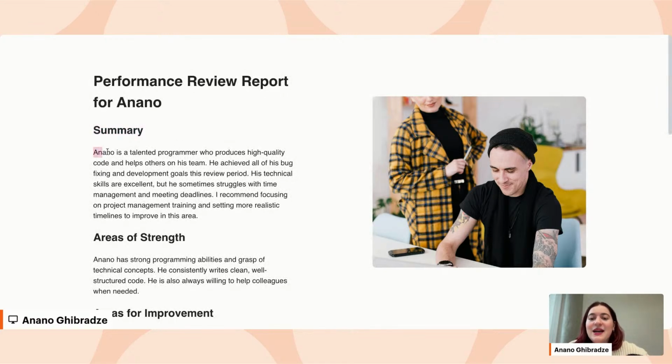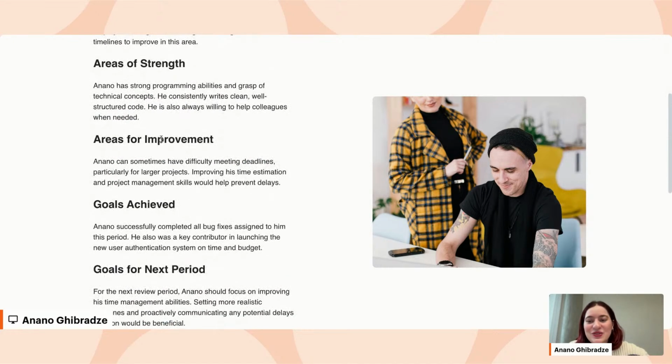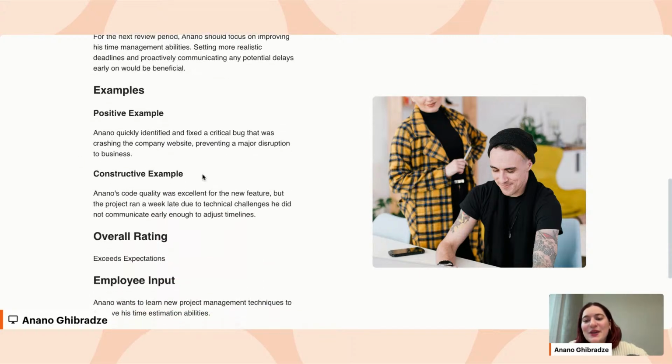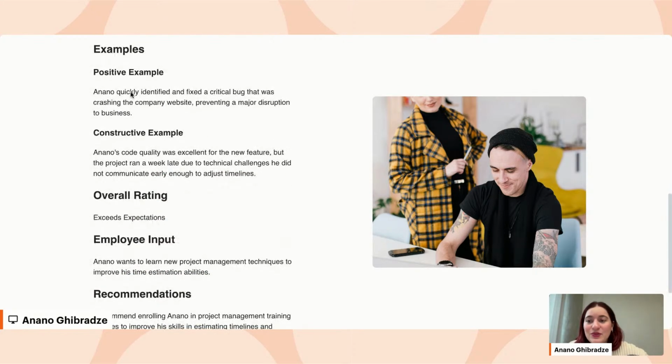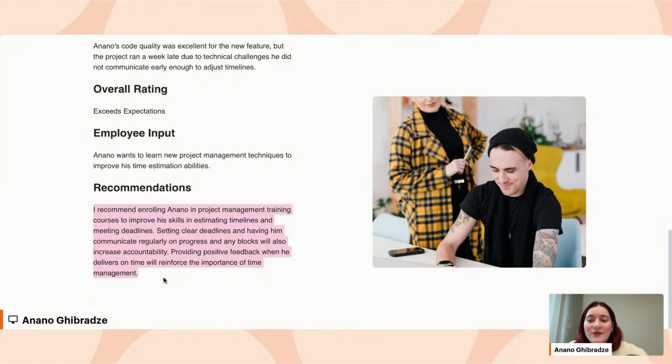So we're going to have the summary, that Anano is a tailored programmer, that these are the strengths, these are the areas of improvement, this is what is achieved, and these are goals for next period. And we have examples for positive and constructive, what's the employee input, and then we have the recommendations that, for example, I would recommend Anana to be enrolled in project management training courses to improve her skills in estimating timelines, and then setting clear deadlines, and also providing positive feedback when she delivers on time will reinforce the importance of